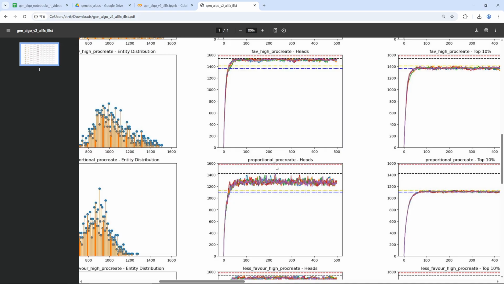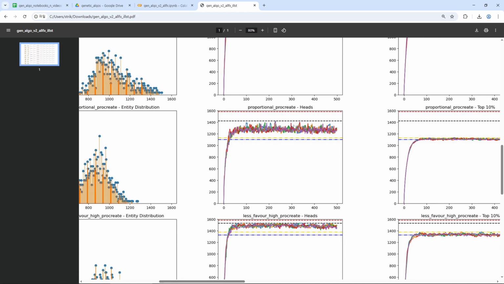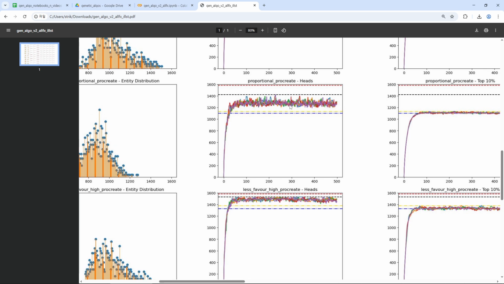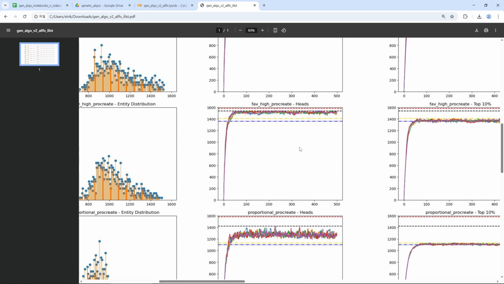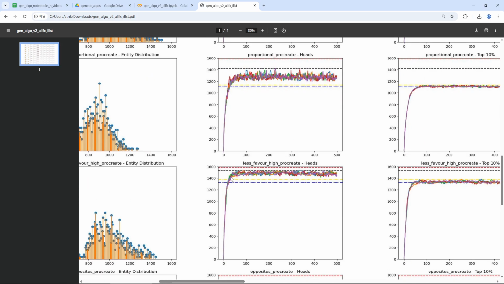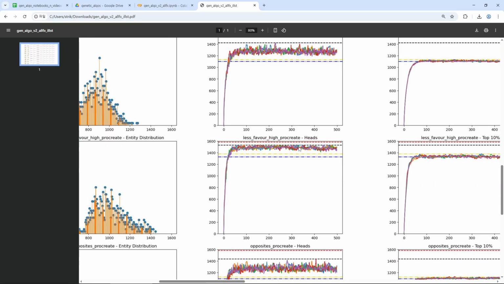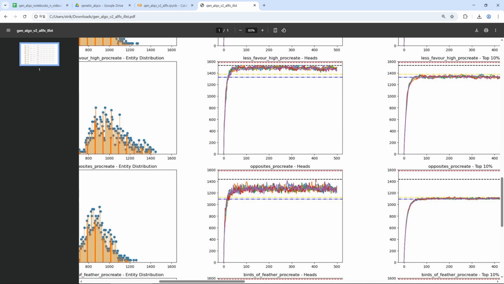And then proportional procreate, it sometimes does that, and then it fails. Less favoring highs is similar to favoring highs, but slightly more unstable. Opposites procreate, it does happen, but it's not